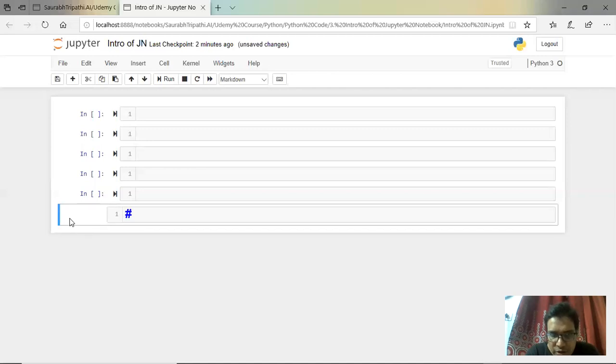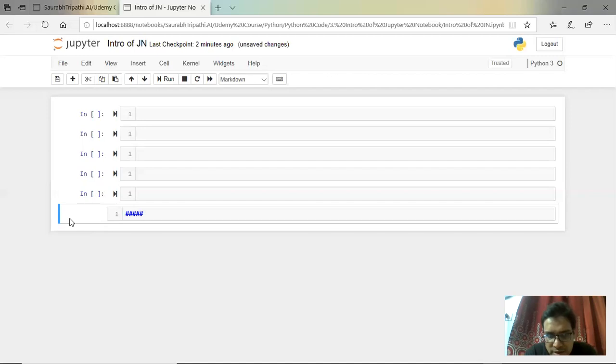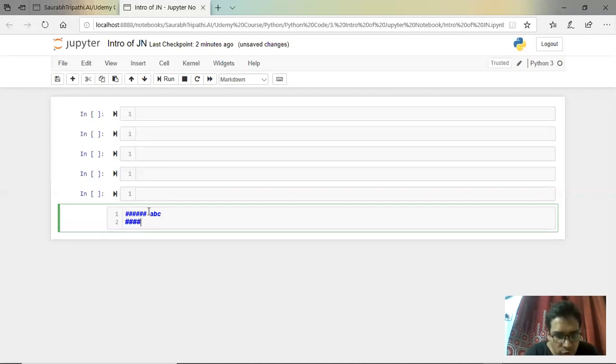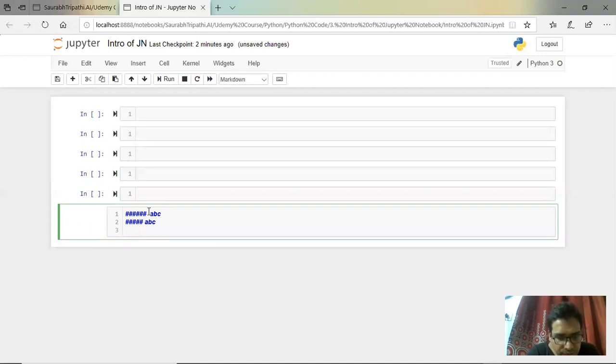If you type 1, it will get you 1 hash, 2 for 2 hashes, 3 for 3 hashes, and in the same way you can increase the hashes. What this hash really means, let me show you that too. So if you go here and write ABC, and again 1 2 3 4 5 ABC, let me simply copy and paste this.